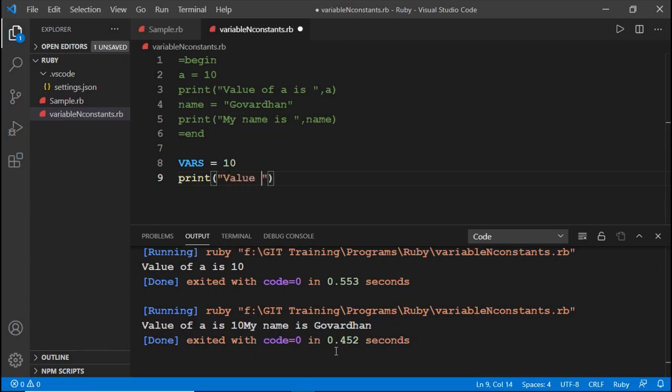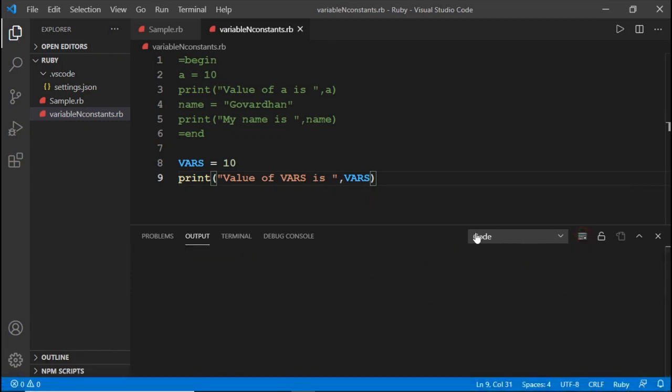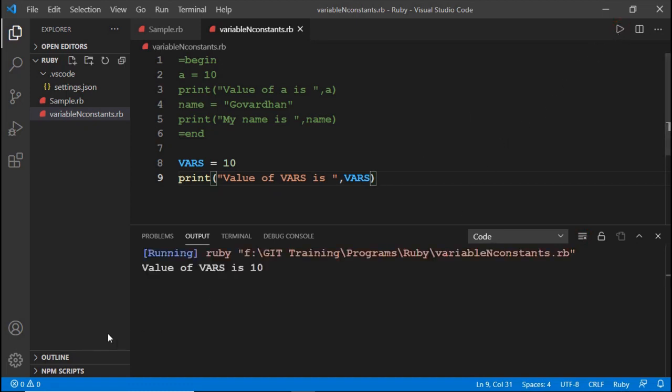Value of VARS is VARS. Now let us run this one. See here, the value of VARS is 10.